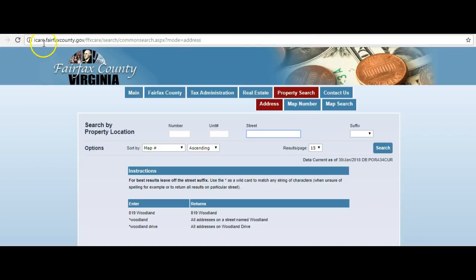Go to icare.fairfaxcounty.gov/FFX-care/search, common search, and then include all of this information right here. So if you want to, you can pause right now and write this information down. This is going to help you when you're trying to find any address that's in the border of Fairfax County,